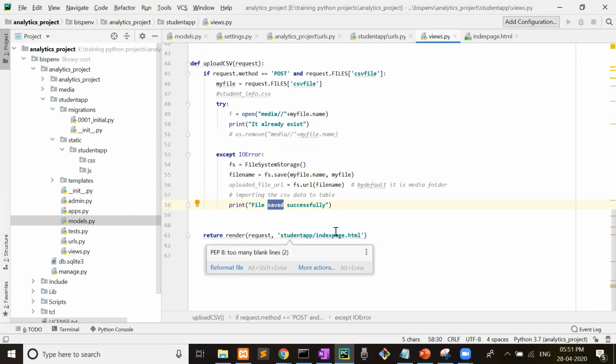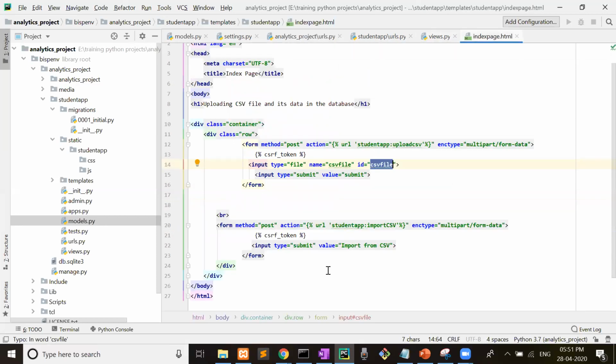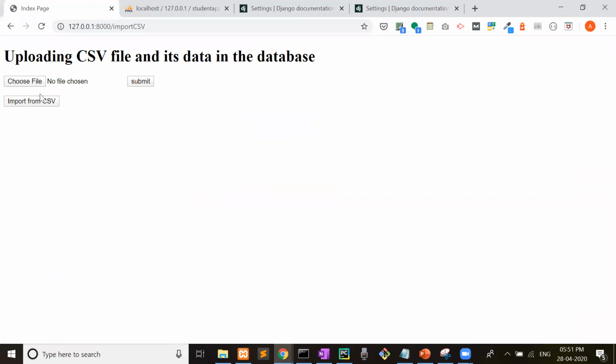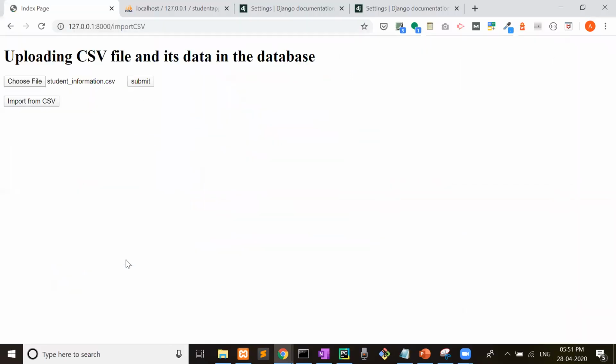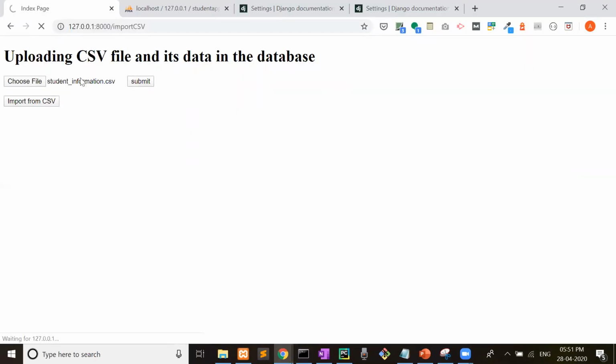File saved successfully, and then it will be redirected again to the index page from here. Now, last time we got file saved successfully. This time again I will attempt to upload the CSV from the desktop. Just a second, I have to restart it again.